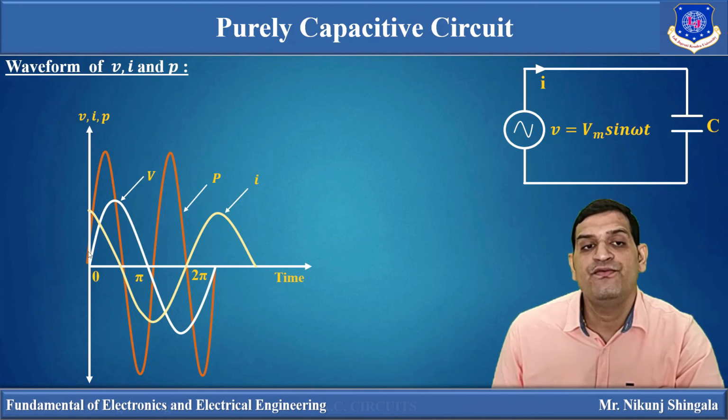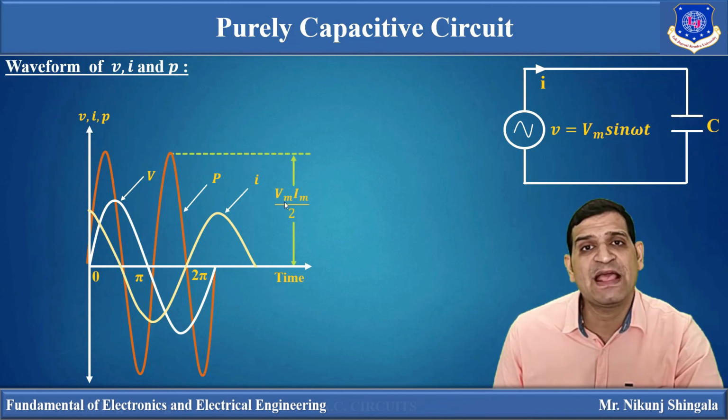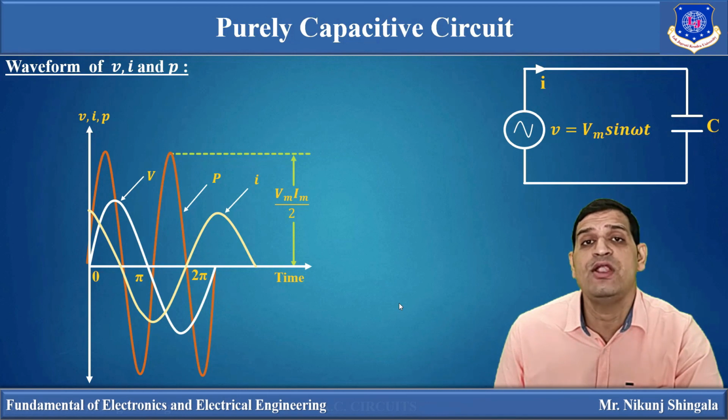Now you can see, if we take the average of the power over one cycle, that will be 0, because it consists of both positive and negative cycles which are identical. So that's why average power consumed for a purely capacitive circuit is 0 over one cycle. Now what is the maximum value of that? That is Vm by 2. So this is how you can draw the waveform of voltage, current and power simultaneously. First you have to draw the waveform of voltage and current, then you have to take the small instances, and then you have to draw the waveform of power.